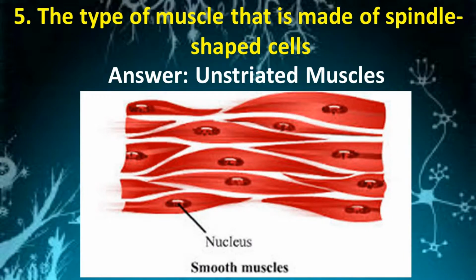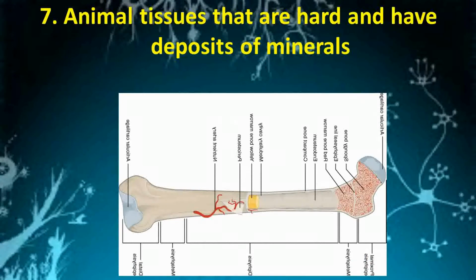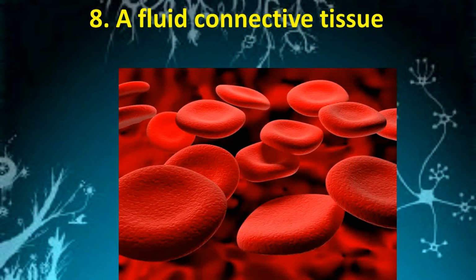unstriated muscles. Next question. The cell body of a nerve cell. Answer is cyton. Next question. Animal tissues that are hard and have deposits of minerals. Answer is bone. Next question. A fluid connective tissue. Answer is